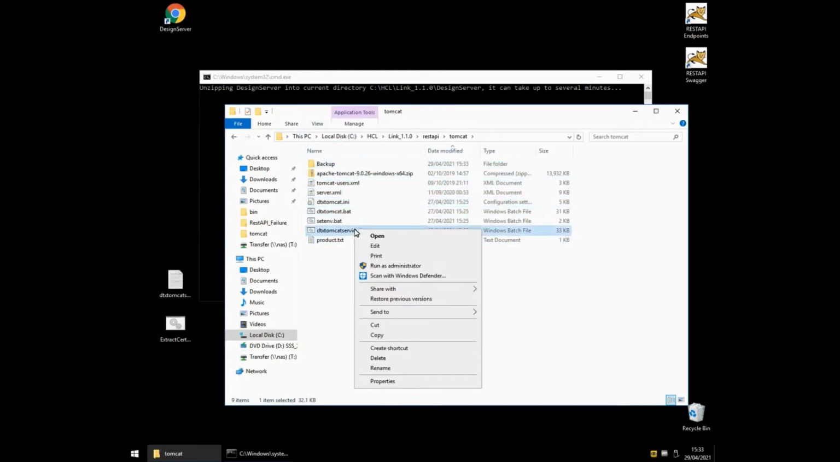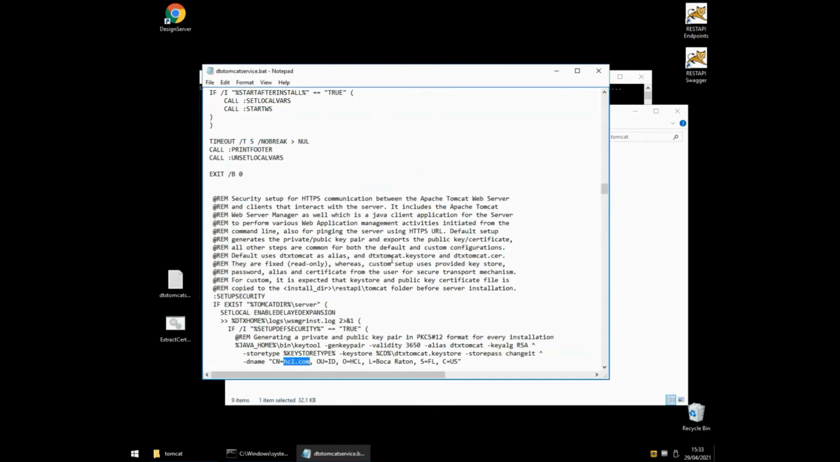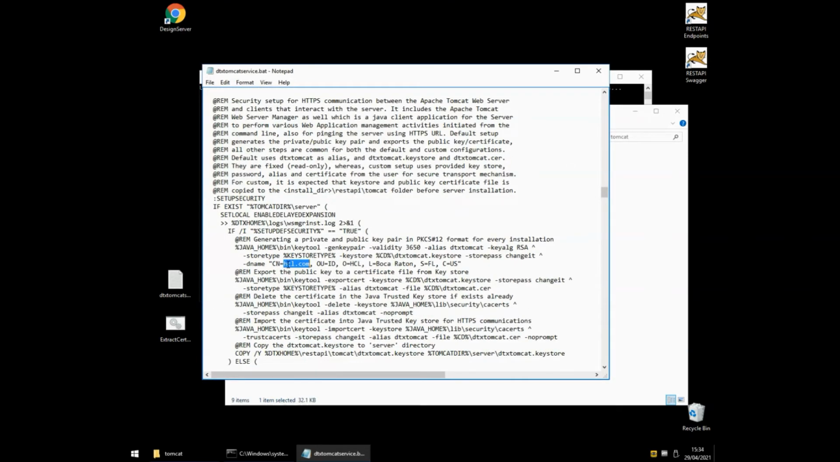So let's edit this dtxtomcatservice file. What we're looking for is a string hcl.com. If we search for that, you'll note that it is part of an argument to a keytool command. Now, instead of hcl.com, we want the certificate to be generated with the host name. So I'm going to pop that in now,